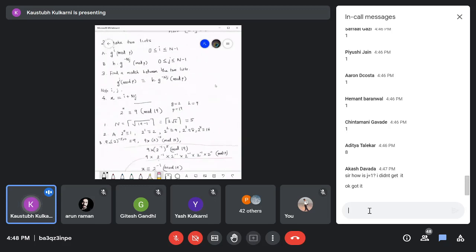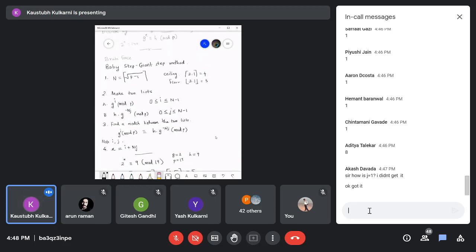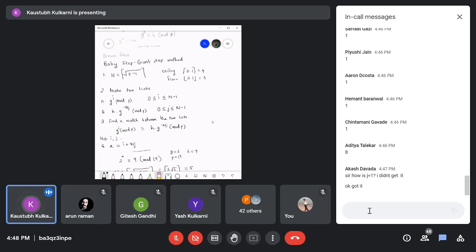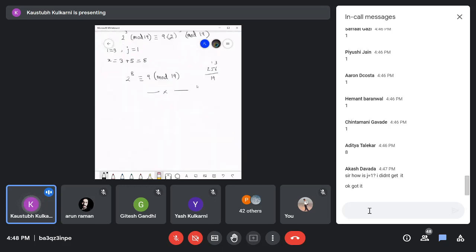This is like testing the strength of the algorithm. This is not a part of your Diffie-Hellman key exchange. Or as a matter of fact, even for the RSA algorithm, the modulus is known to the public, as well as the